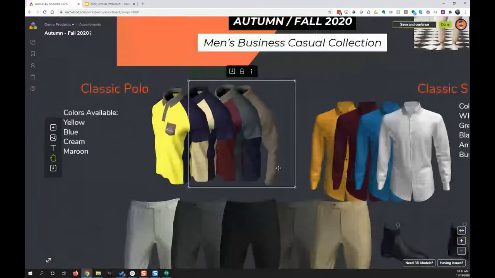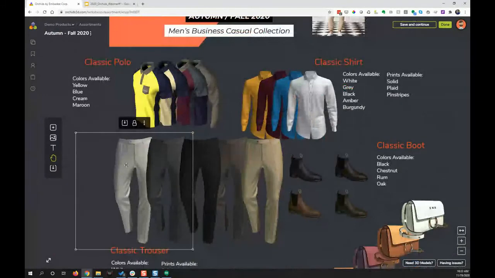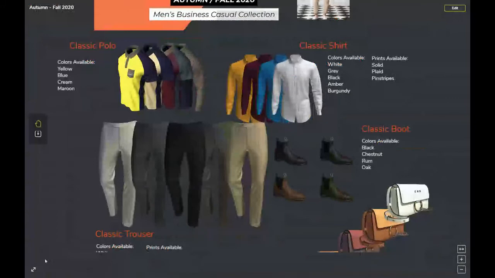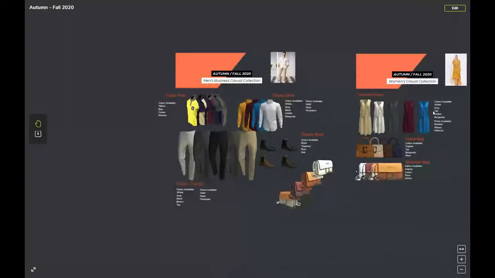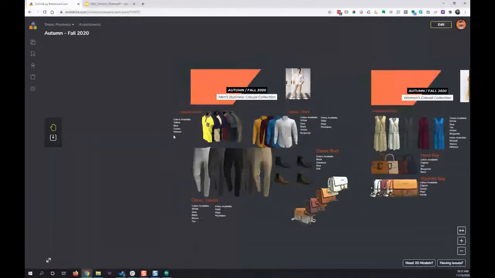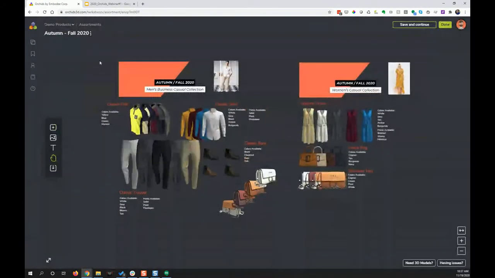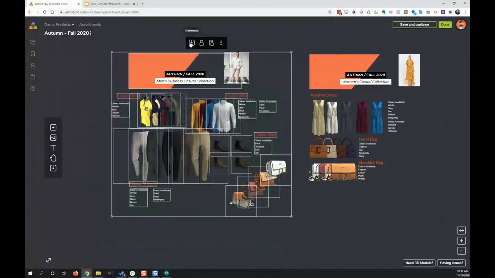And we can work on this collection together, let's say with that factory that I'm presenting it to. Once I'm ready for presentation, I can come here. We have a full screen mode, and this can be used to present this to various people. I can also download snapshots of the entire assortment. This is just a PNG that can be downloaded. I can even take segments of this, segments of this, and download simple segments.